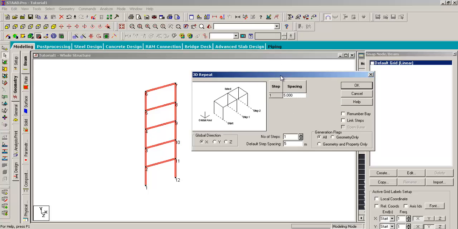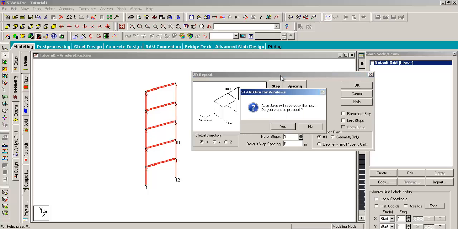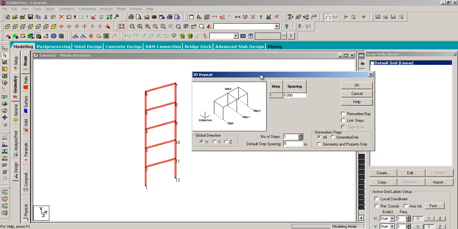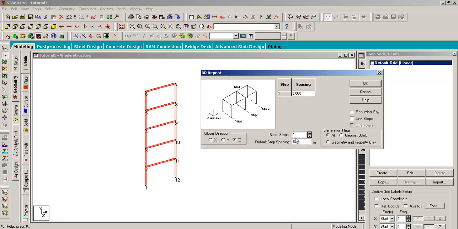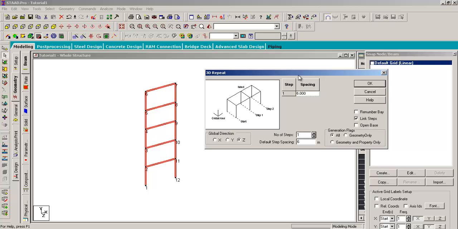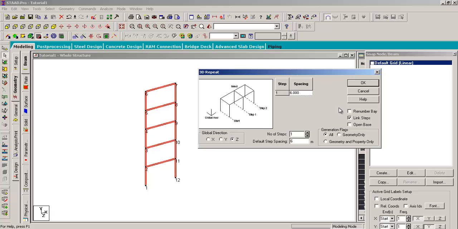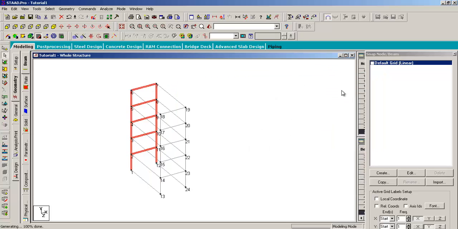What translational repeat does is that you can copy the structure in any direction any number of times. Here we want to copy it in Z direction, so I would select Z. Number of steps would be 1 because we only want one similar copy of all these beams. I would write 6 in the default spacing and click link steps. What link steps does is, after you copy the given beams, all the adjacent nodes would be linked. A new beam would be formed between them. Let's take a look. I would select link steps and click OK,